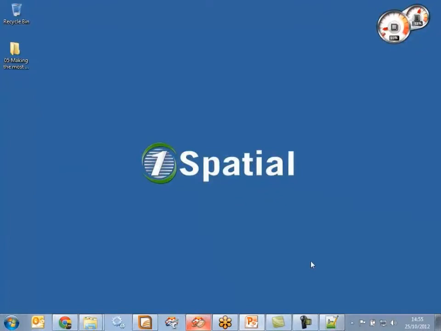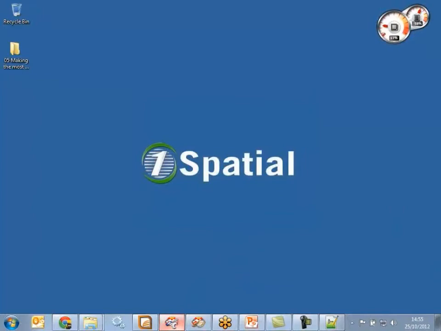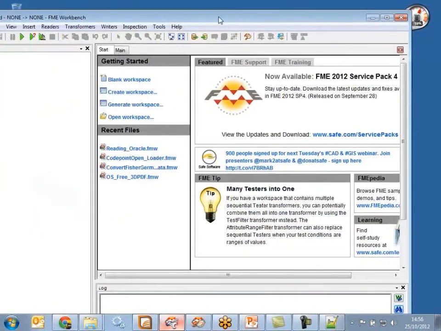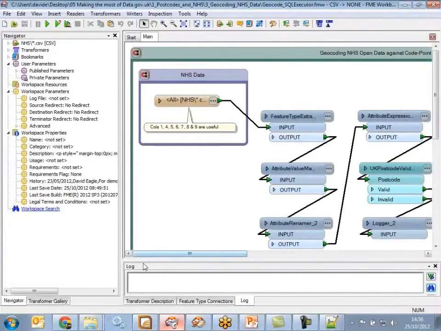Once you've got a web service, it could be a web service of one of your open data sets that you want to geocode to. You could carry out a process to take any asset data set and geocode it against that reference geography. So, for example, I have a workflow here that, if we just maximize this a little bit,